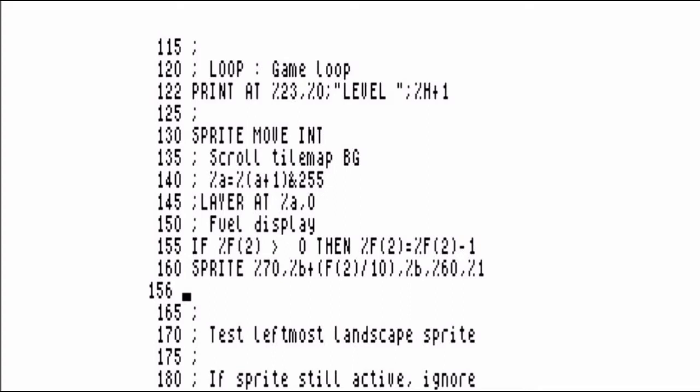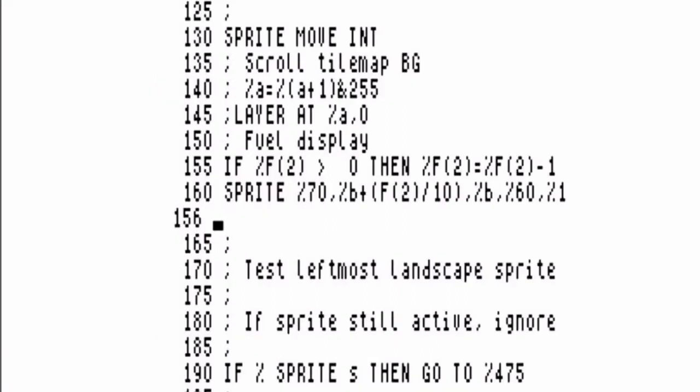And how do I want this low fuel warning to present itself? I want to make it very obvious. So the first thing I'm going to do is simply change the border color. I'm going to do that by detecting when the fuel gets too low, first of all. The variable that keeps track of the fuel level is called F2. So first I want to check the fuel level, so I'll put an if statement. If